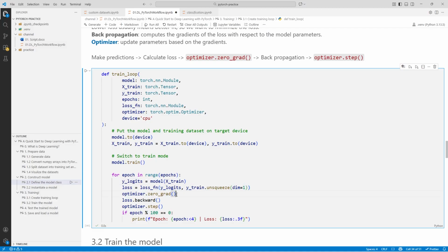And then we use optimizer zero grad, this method clears the history of previous gradients, and then we do the backpropagation and we use the optimizer to update the parameters. We can also print some information during training so that we can observe the process of learning.